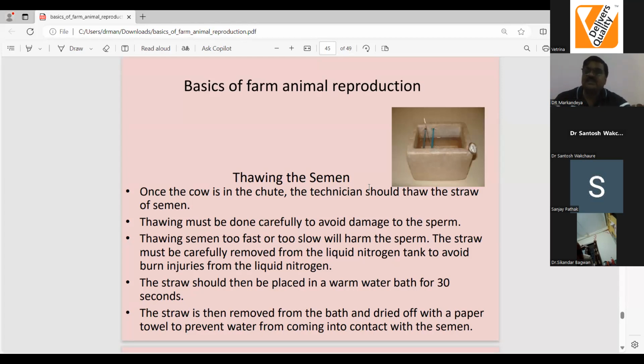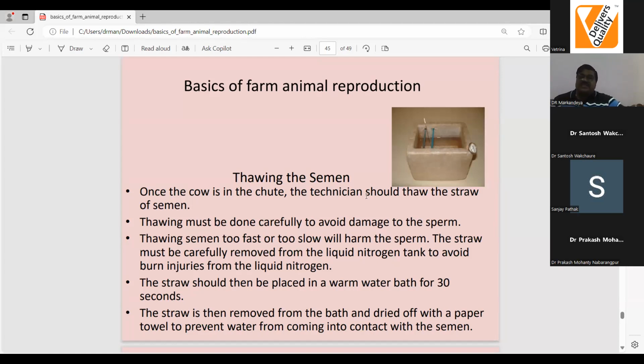After that, he will have to clean his hands and go forth. It is not that he confirms the estrus and immediately goes for artificial insemination. That is not expected. First confirm the estrus. Many times the efficacy and accuracy of heat detection is very poor in the case of Indian farmers, so we should not lose the straw. When we are going to use semen, we should never do such things. That is very important, right?